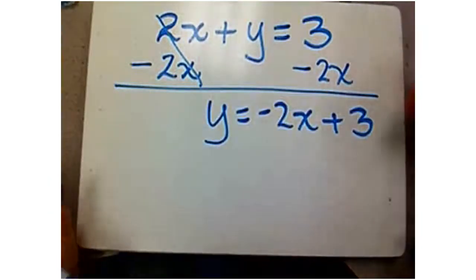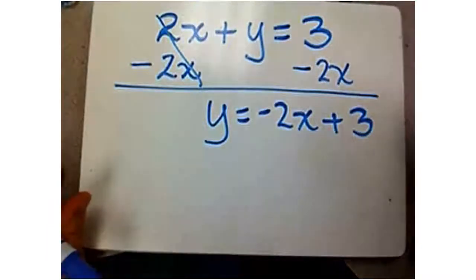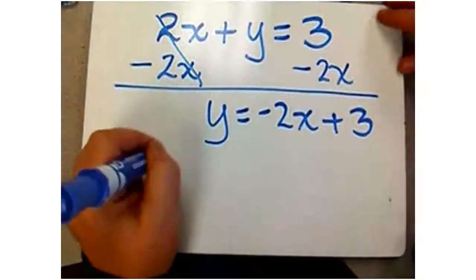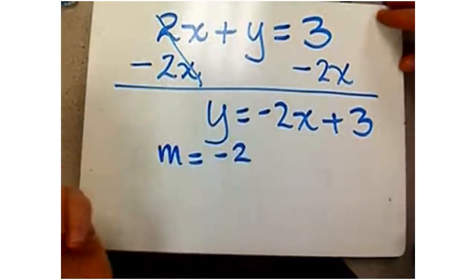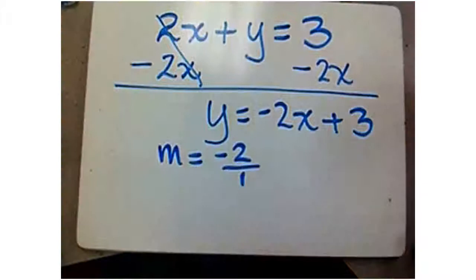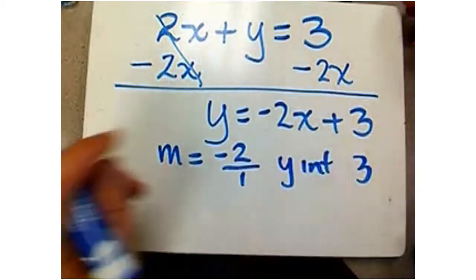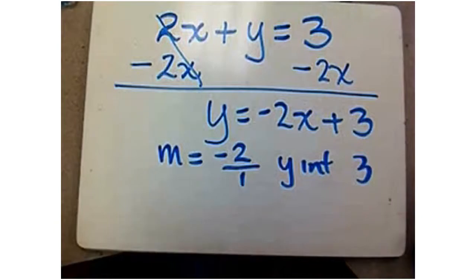Okay. You might have 3 minus 2x, and then remember you got to flip it and put your negative 2x first, plus 3. So you know your slope is negative 2, and you're going to put that over 1. So you know it's negative 2 over 1. You know your rise is negative 2 and your run is 1. And then your y-intercept is 3. Now they graph it in the next tactile